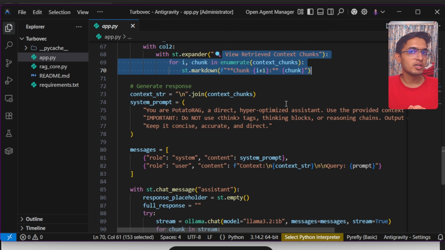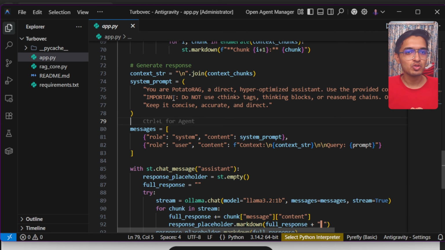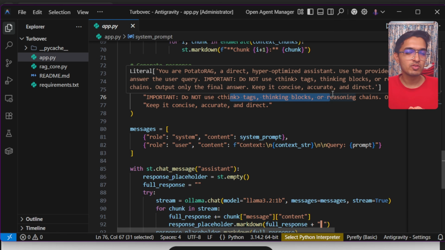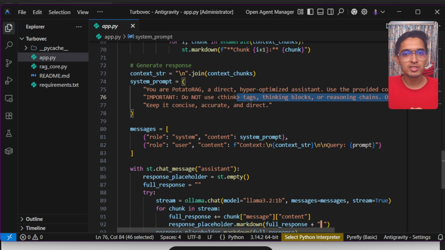Then using this chunk, I'm going to be using the Ollama llama 3.2 model and generate the final curated response. Now for the main instruction for that llama 3.2 model, we are saying that you are a PotatoRAG, you are a direct helpful assistant. Please use the context that is given by this TurboVec library. Do not use any thinking tags just to get a faster response, but you can remove this line if you want better accuracy, but it will take more response time. So for this quick demo, I'm going to be disabling these thinking tags and keep the output concise, accurate, and